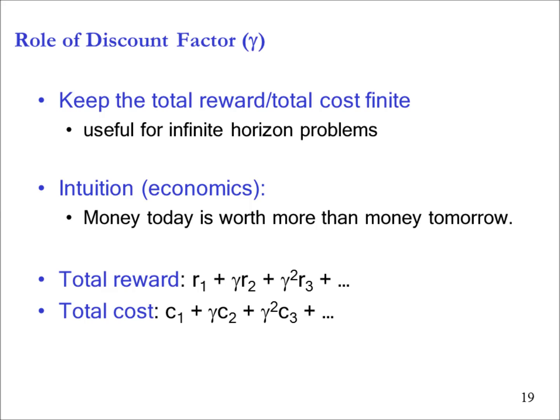The maximum reward that I can get is R max, right? So R max plus gamma times R max plus gamma square times R max and so on and so forth, ad infinitum, will become R max over 1 minus gamma. So it will be a bounded sum. This is the maximum I can get. This makes my total process bounded. That's also the intuition of why there is a point to infinite horizon models.